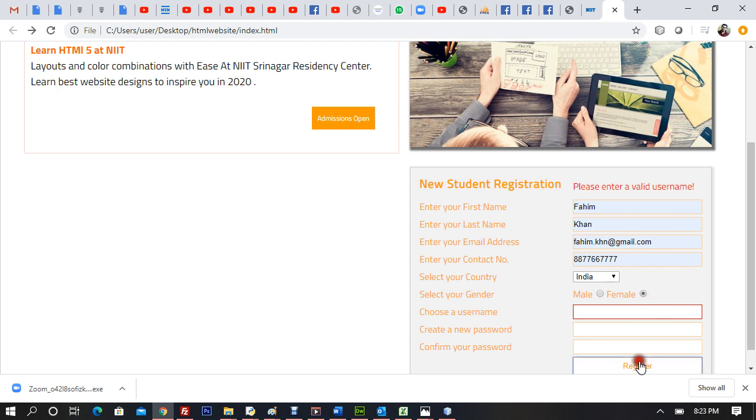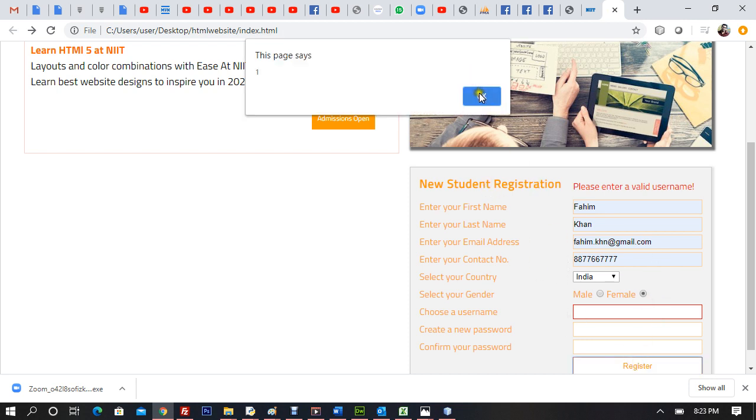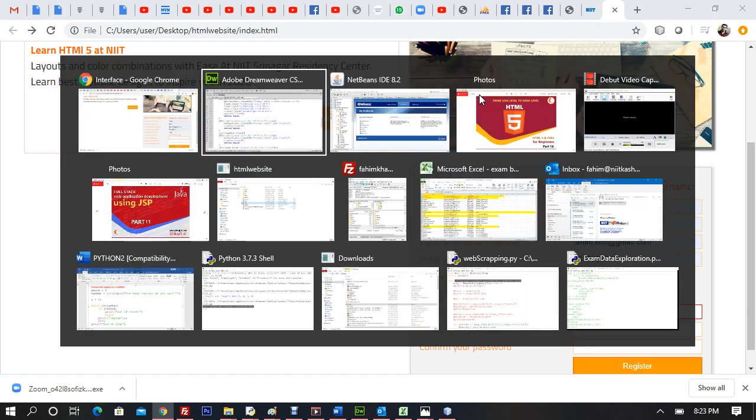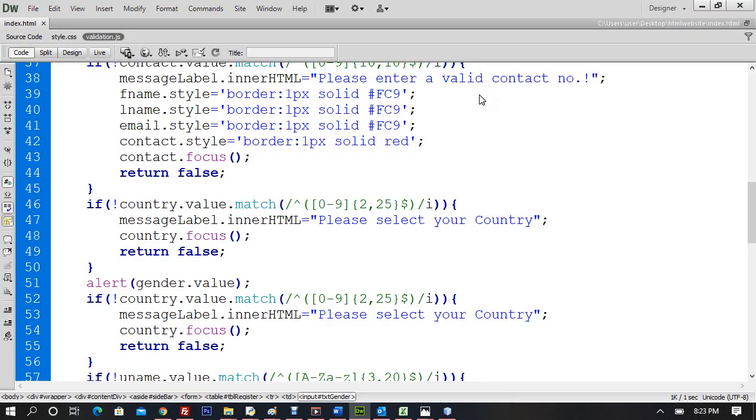If I select female, we are still getting 1. So this is going to be basically a problem that we have to solve. And to solve this, what we are going to do, I will say gender dot